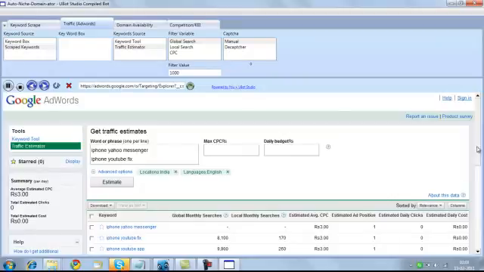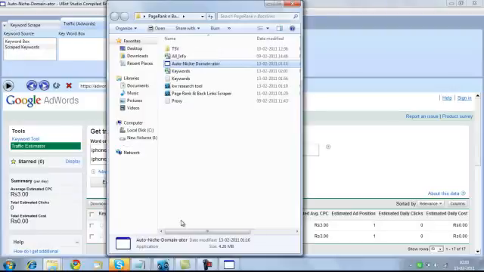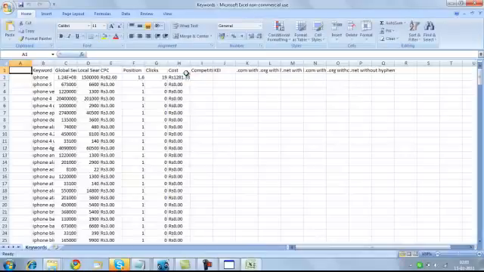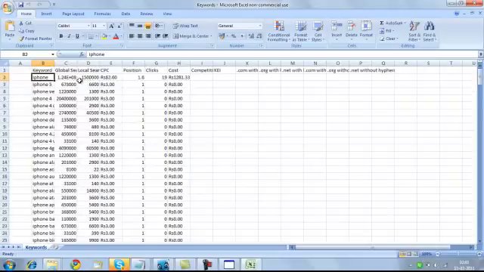So I guess this is done for the time being. No, this has completed it till the U only. So yeah, let me stop the program here and show you the keyword file that it has created. As you can see, there is iPhone and all the iPhone related keywords here. Sorry, there are around 250 keywords related to iPhone, not 173. All the keywords have the global search volume, local search volume, CPC, position, clicks, cost, etc. And then I'll close the CSV file.